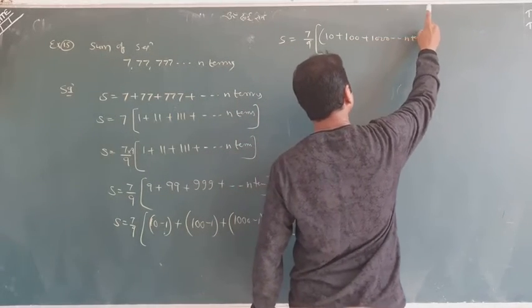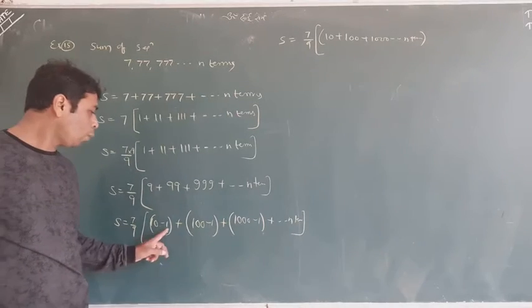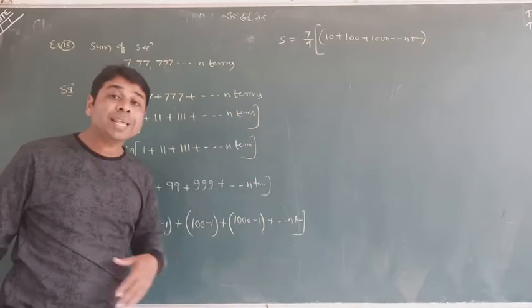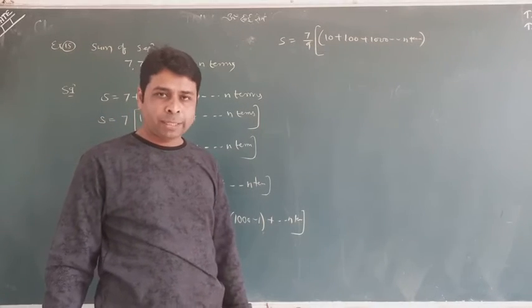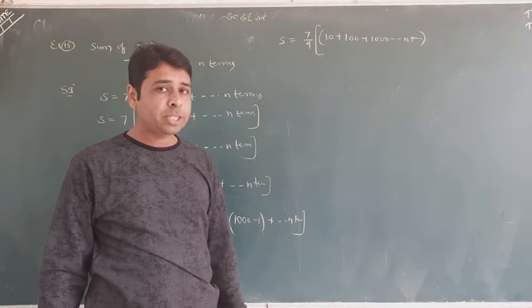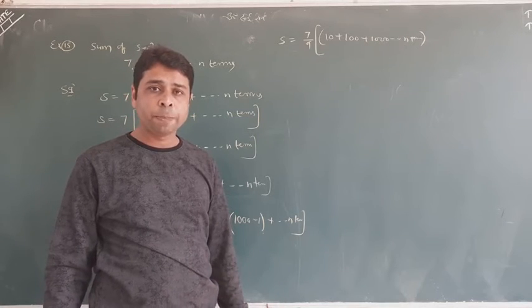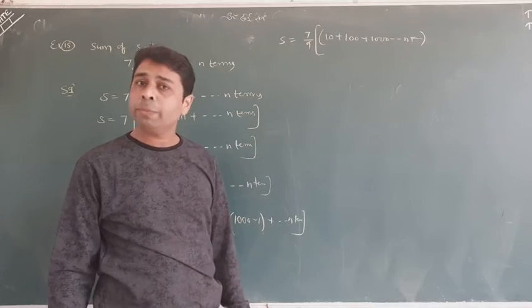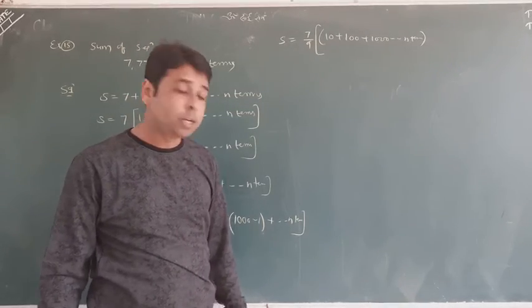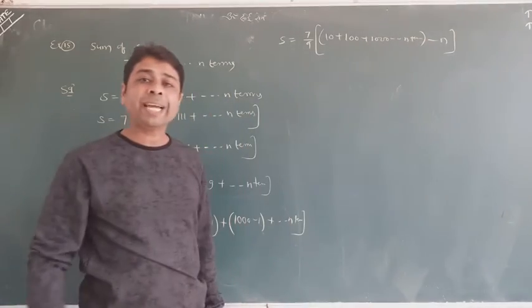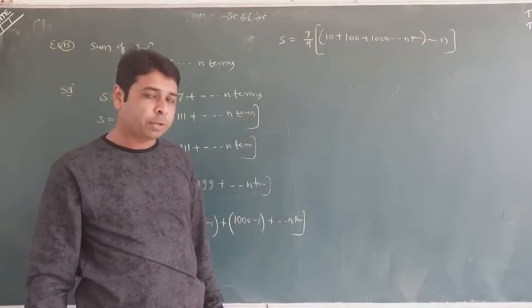We have collected all the terms, and our 1s remain. Can you see? Minus 1, minus 1, minus 1. All are added because they all have a minus sign. It is as many terms as there are. Minus 1 and minus 1 is minus 2 times, minus 1, minus 1, minus 1 is minus 3 times. So for n terms, it is minus n. So 1 is being subtracted n times.